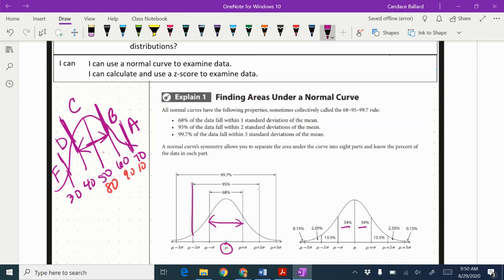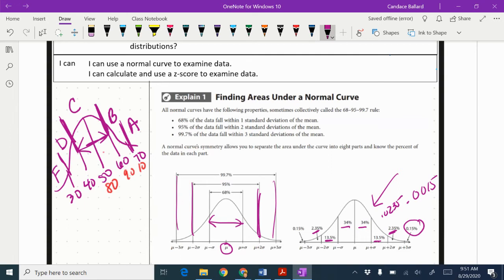95% of your data is going to fall within 2 standard deviations of the mean. What that calculates out to be, if I go within 2 standard deviations, our next little chunk is 13.5%. The numbers in this one over here are what you're going to end up using to calculate. Within 3 standard deviations, we get 99.7%, meaning this next little chunk is 2.35%. The last one is 0.15%, which in decimal would be 0.0015. This one here would be 0.235 if I'm writing it in decimal, because we're going to flip back and forth between decimals